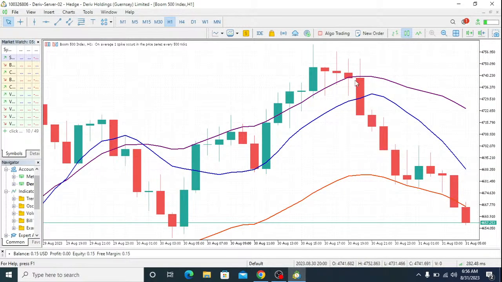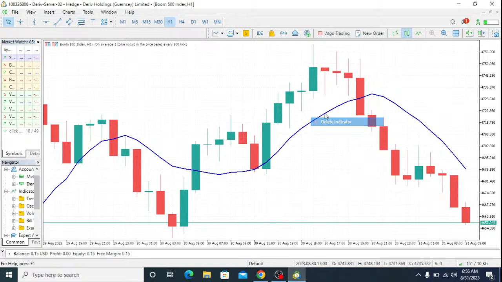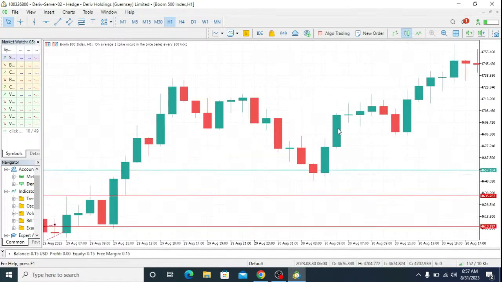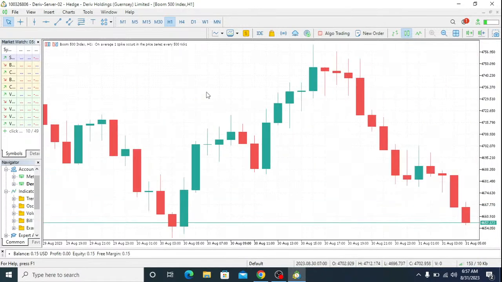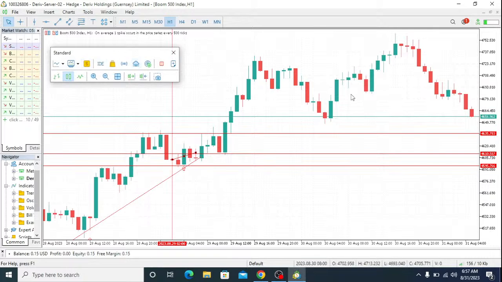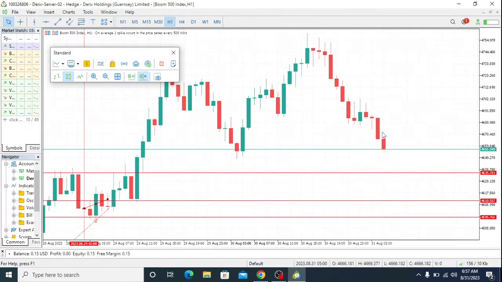Alright, today's market, let me just remove those things so that you will see it come correctly. Now in today's market, this is Boom 500 and this is the 1 hour time frame. There are a few things we should consider today if you must trade Boom 500 and be successful. Those things which you must consider include what I'm about to show you now. Right here is the market of today,